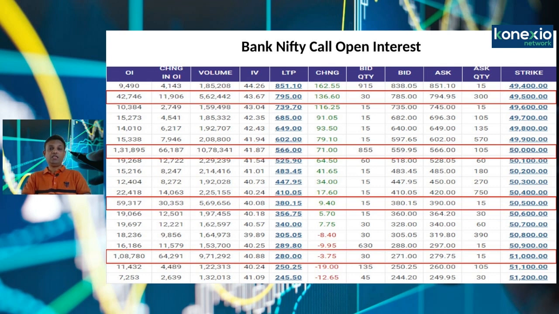Definitely, we might see a sharp short covering rally from this level if Bank Nifty crosses 49,500 from these levels, and there are chances that it might blow out from that particular level. If it breaks 49,500, then the next resistance would be 50,000 and 50,500 to 51,000 in the coming trading sessions, maybe the next 8 to 10 trading sessions, or at least till expiry.